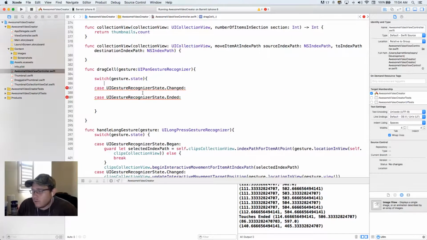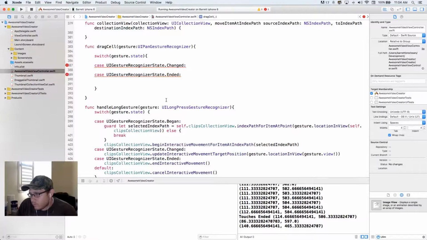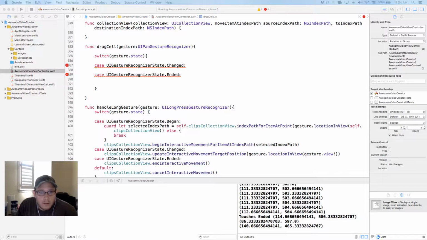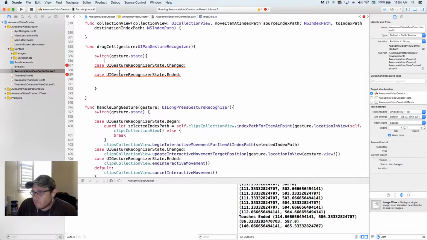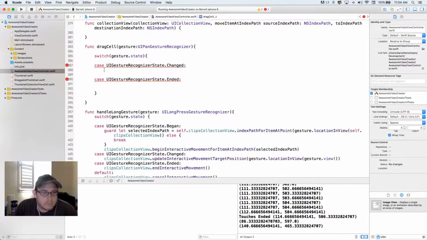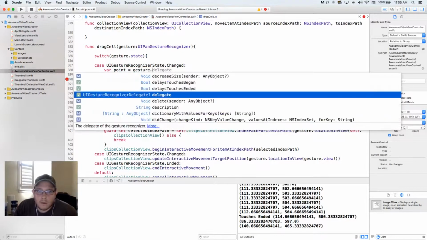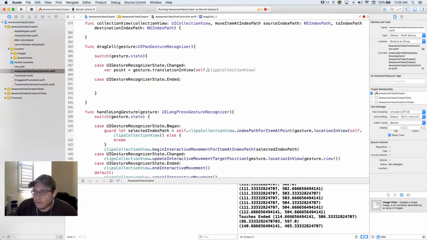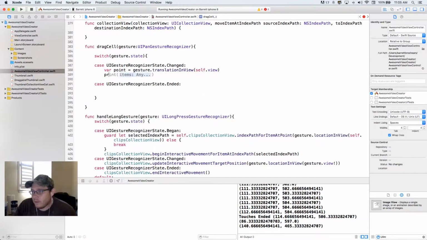So what we're going to do is, inside the changed here, we're going to try and detect if, let's see. Let's just print this out and see if this works correctly. So point equals, let's see, gesture translation in view, self dot view. Okay. We'll just print that out and see if we get the coordinates from the